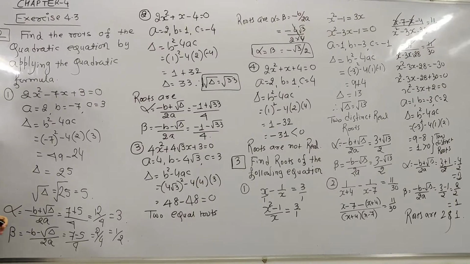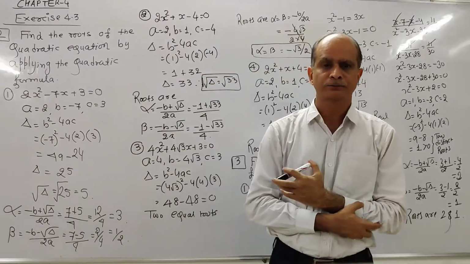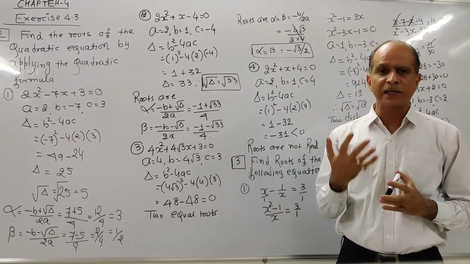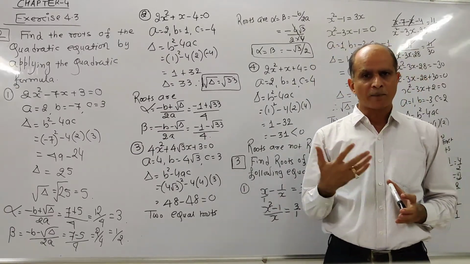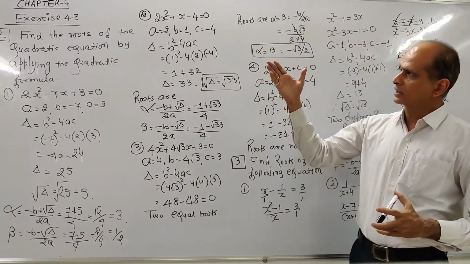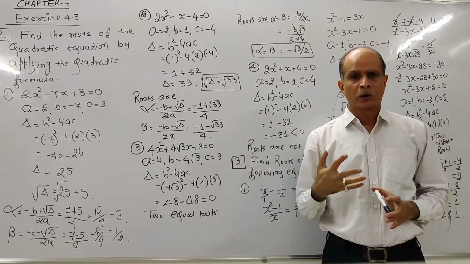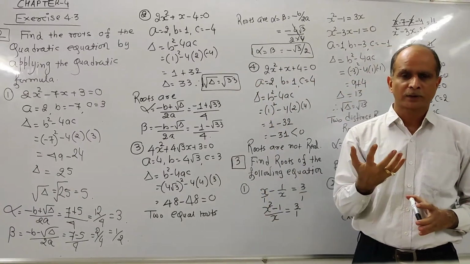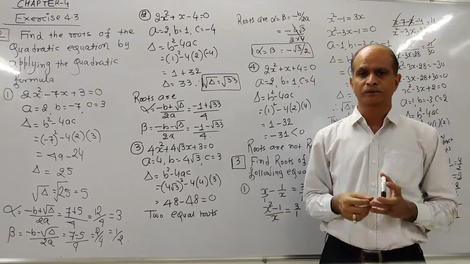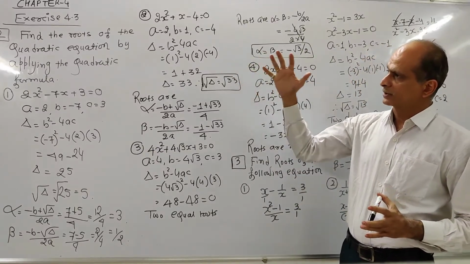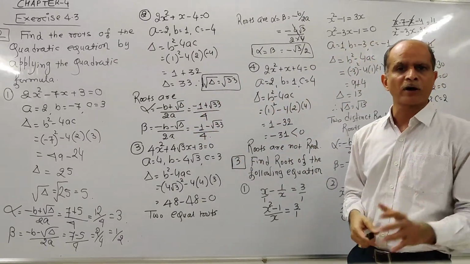You know there are three main methods to solve a quadratic equation. The first one is factor method. We have already solved many examples on the basis of factor method. Second one is completing square method. In exercise 4.3, in the first example, we have solved a quadratic equation on the basis of completing square method. Now the third method is formula method. So in exercise 4.3, second example, we are going to solve quadratic equations with the help of quadratic formula.